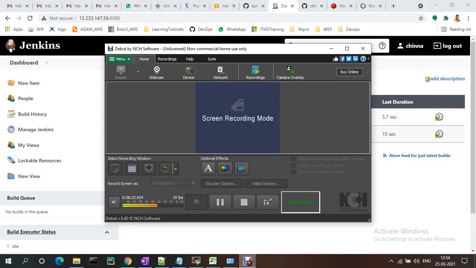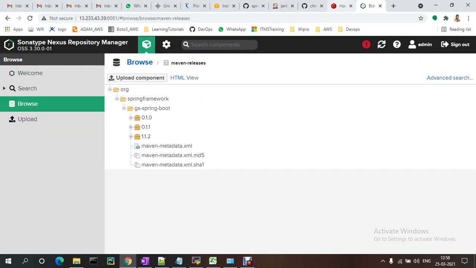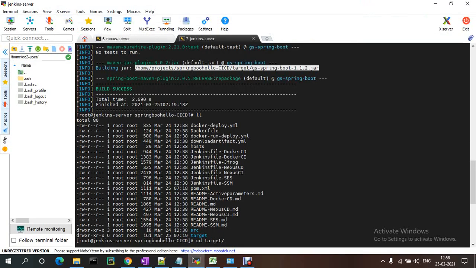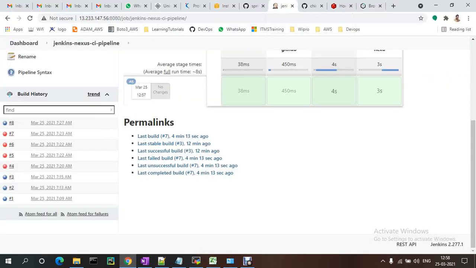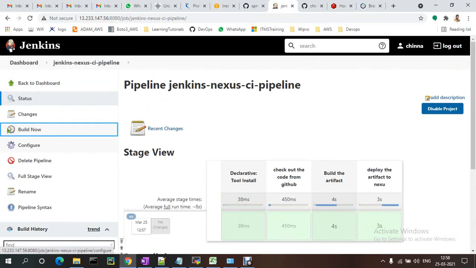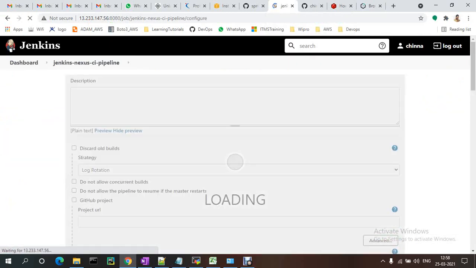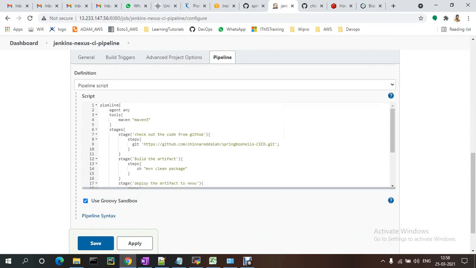Okay, let me cross check this one meanwhile. I just updated the script, like the proper IP address, everything. Now the file is updated, the latest version is updated. So what I did is, I just built in my local machine, and whatever the tar file location is there, I just updated that file location, and it is pushed to Nexus. Okay, so if you want, I will show you the script, and this is the script.